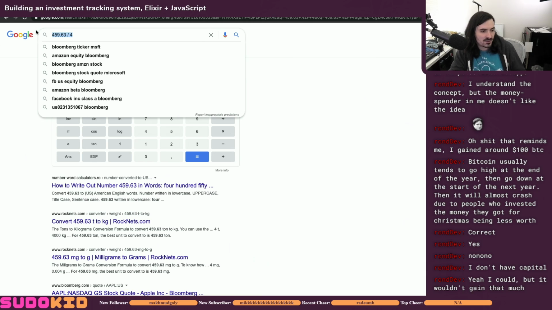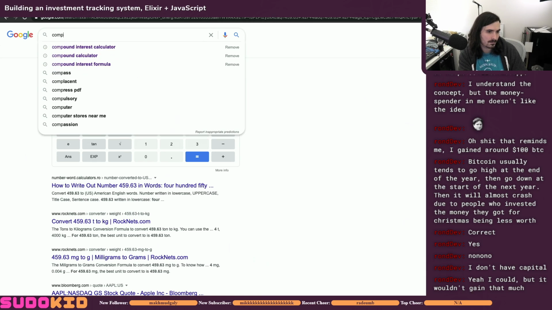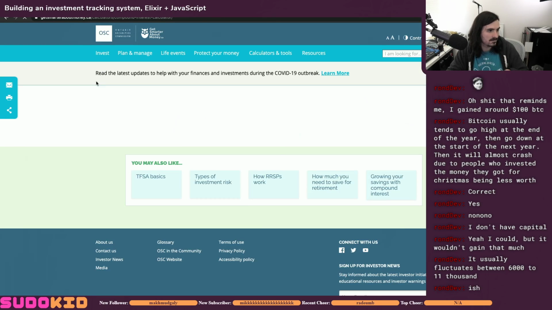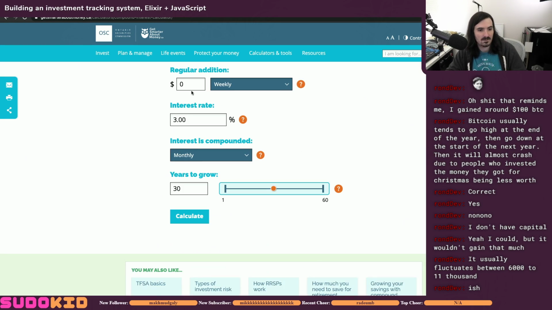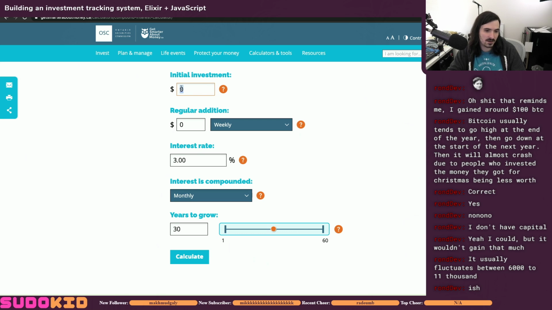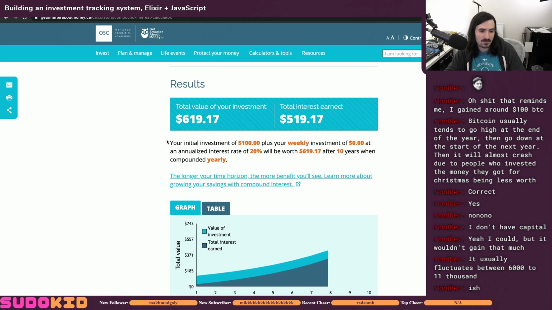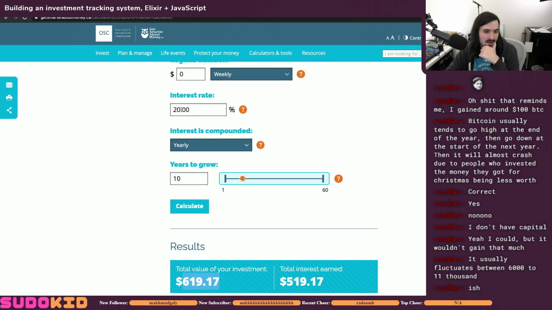Well, it's about compound interest. Right? So let's say that our initial investment is $100, and let's say that we can get a 20% yearly interest rate over the course of 10 years. At the end of it, we'll have $619. Now, if you could get a higher yield of, say, 50%,